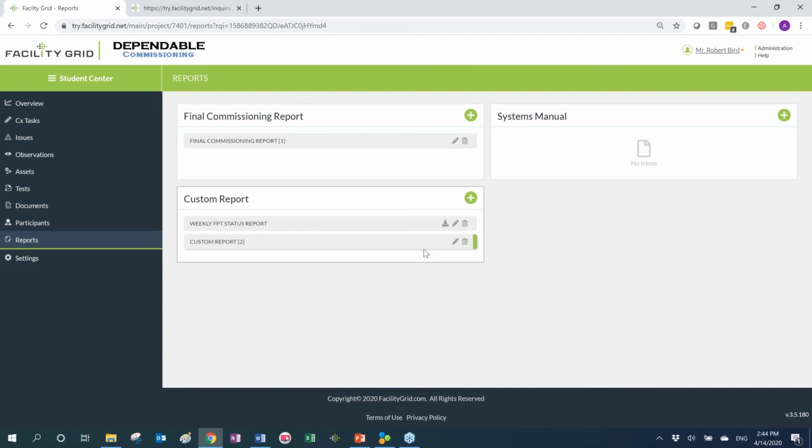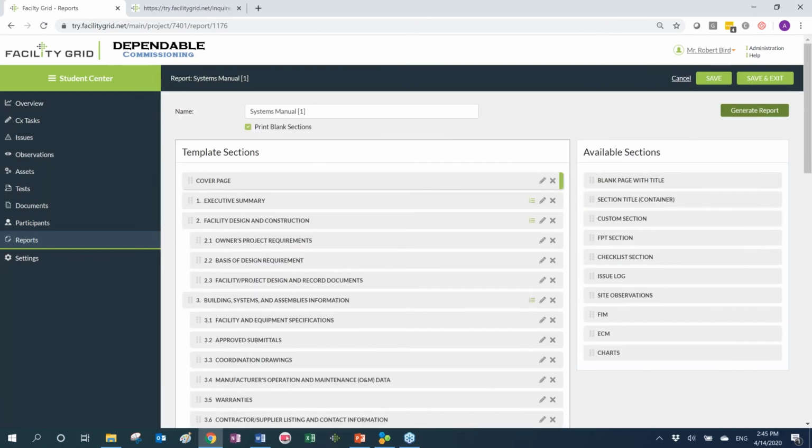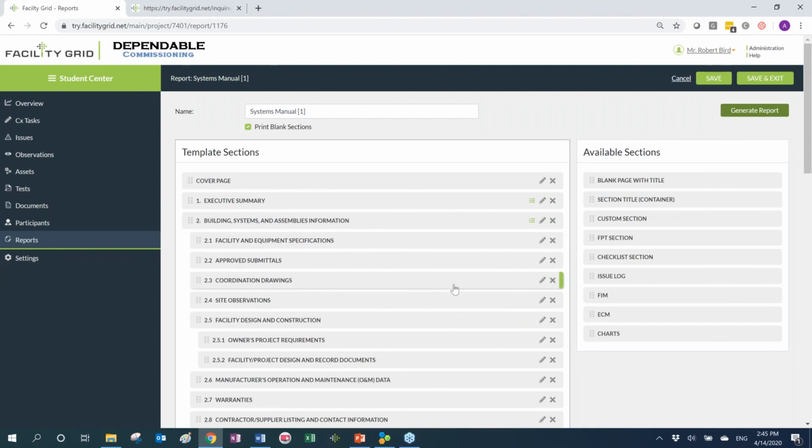Okay, so what's the most important part of the systems manual? In Facility Grid, when you create a systems manual at the end of the project, we will give you an outline based on ASHRAE Guideline 1.4, which again you can simply use as is. You can modify it, you can remove sections, you can move sections around, you can add additional sections. But what's important in this document is making sure that it's not just a stack of hundreds or thousands of documents, tens of thousands of pages. It is intended to provide information on why equipment is there in the first place, and second, what it does. That's the most important information the systems manual wants to provide to